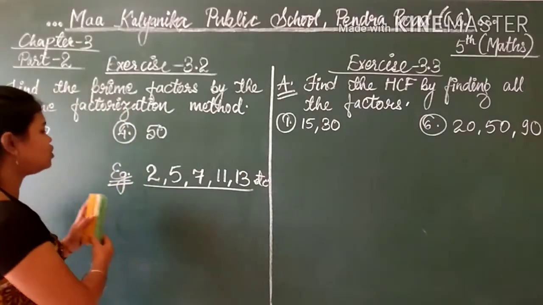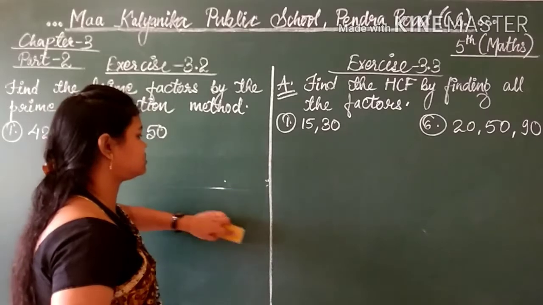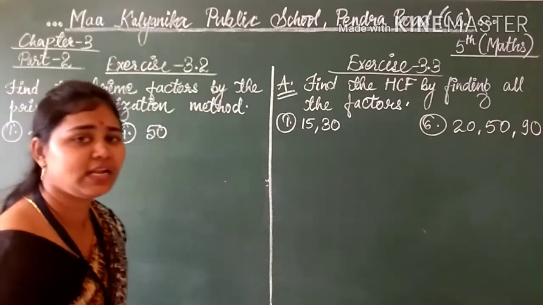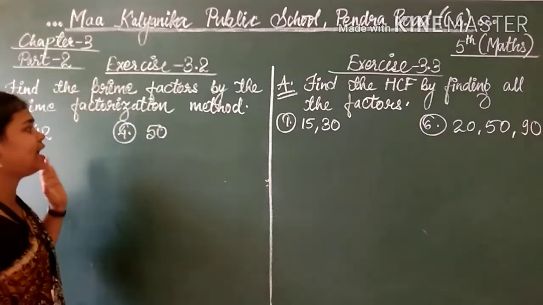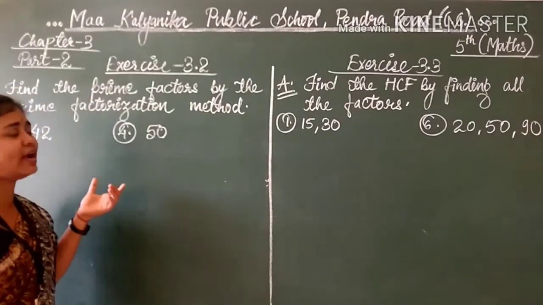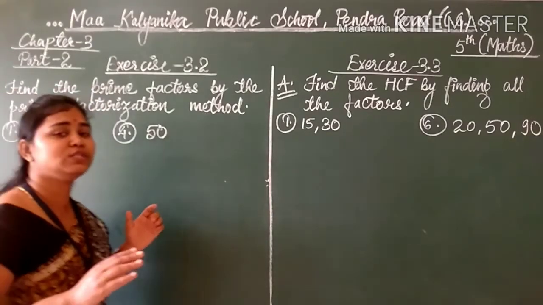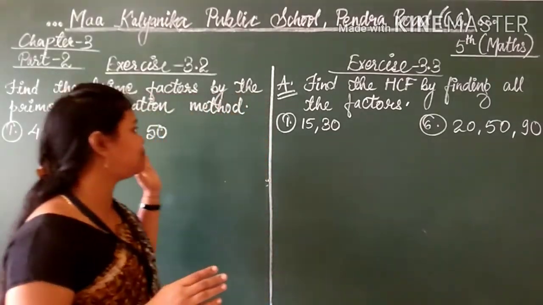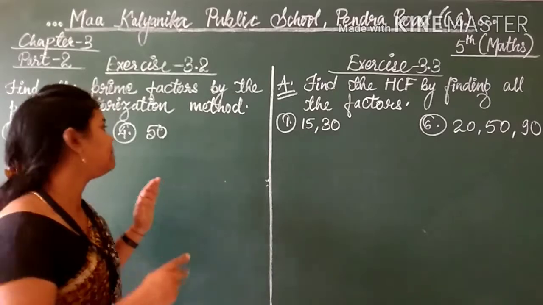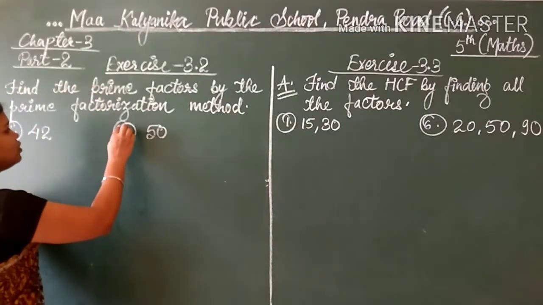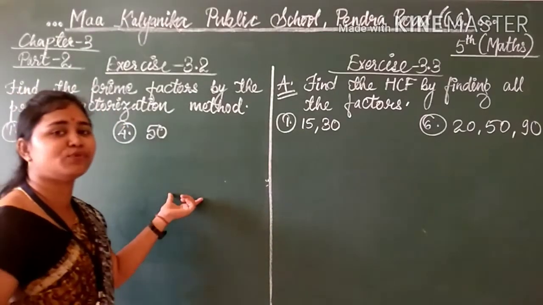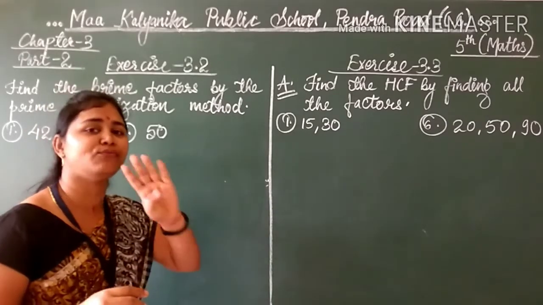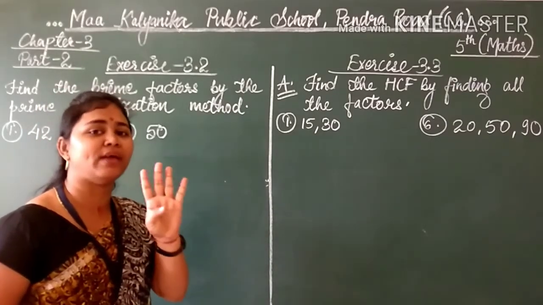Okay. So now prime factors. What are prime factors? So students, if you have any number and for that number you have to find out the prime factors, it means you have to write those factors which can divide that particular number. So for prime factors, we have to take the prime numbers in that. Other numbers like 4 will not be a prime factor.